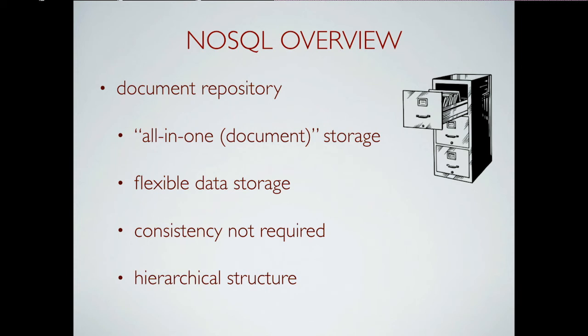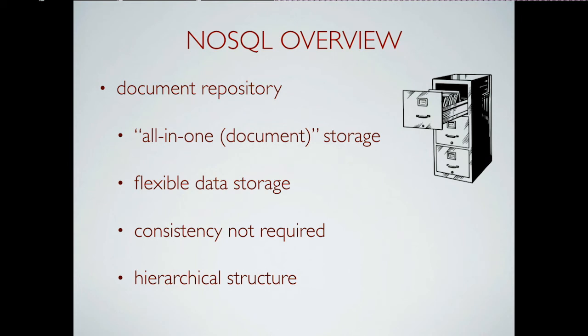In the document DB world, it's more like a filing cabinet at my house. I might have home warranties in the first file. I might have insurance documents in the second file. I might have just miscellaneous in the third file. And I pick them up, and I don't know what's in it really until I pick it up and look in it. Again, sometimes you're going to have to work with the fact that they can be different.